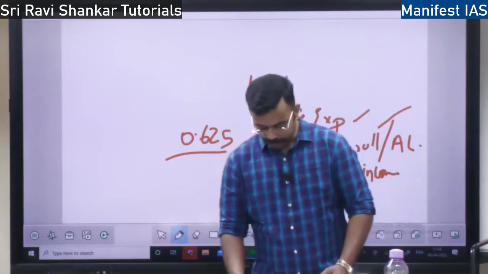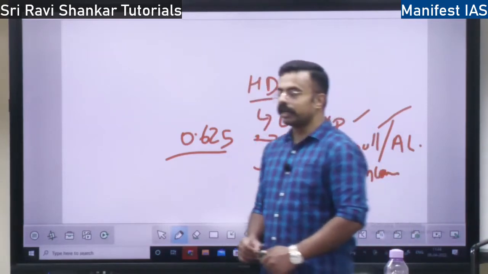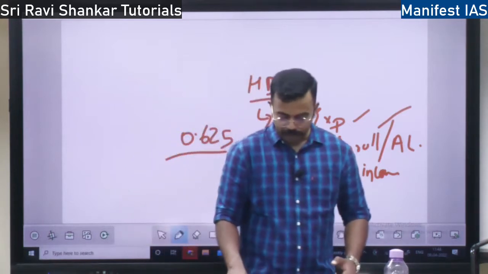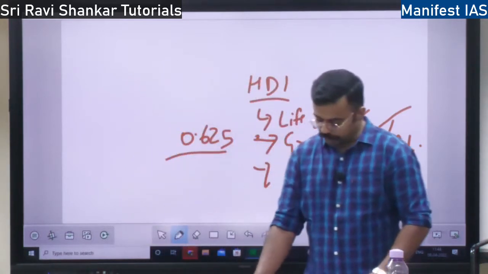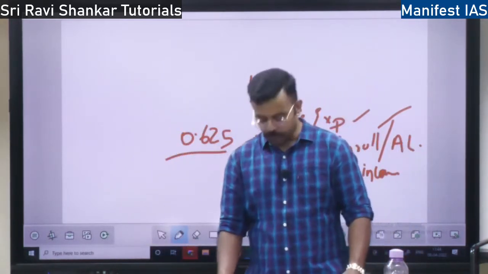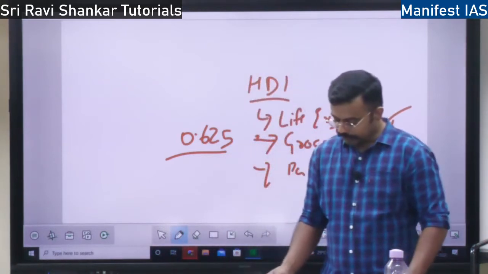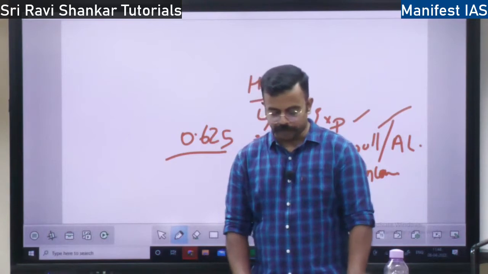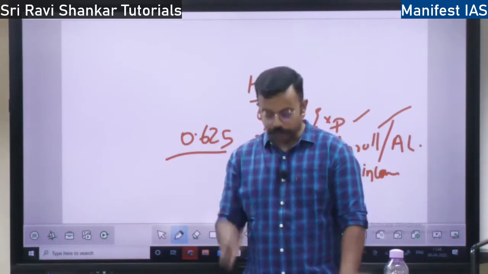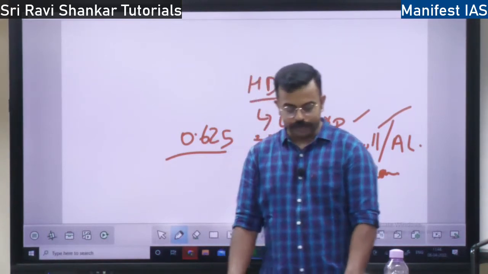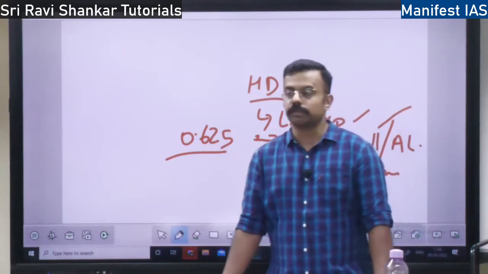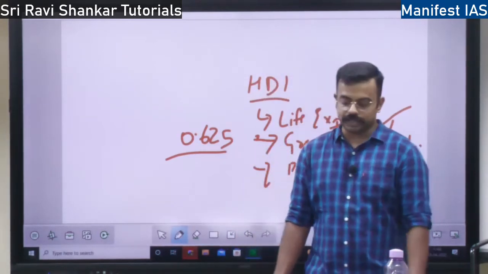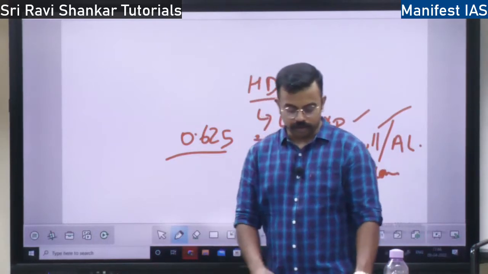With respect to death rate, we have reduced it. Earlier it was 25 per thousand, now it is 6.5 per thousand. We have reduced the IMR also. Earlier it was 148, now it is 37. In the 2011 census it was 37, now it has come down to 25. Birth rate also we have reduced. Earlier it was 40%, now it is 20%.